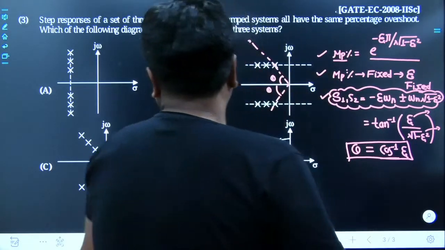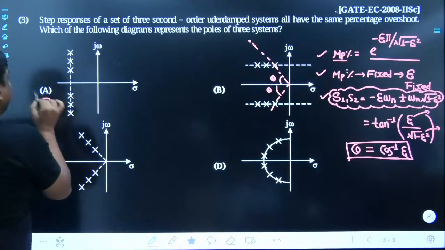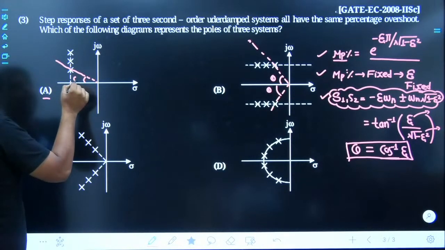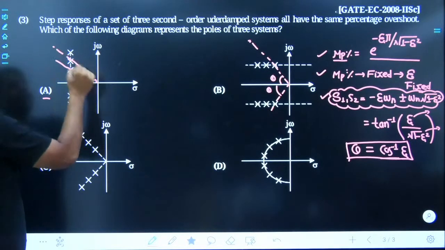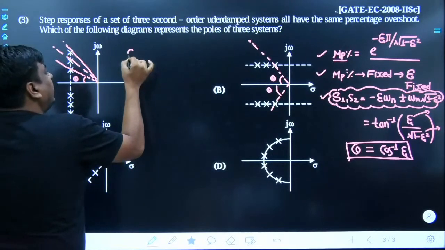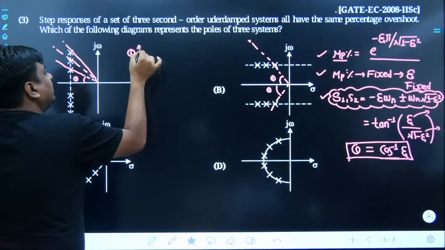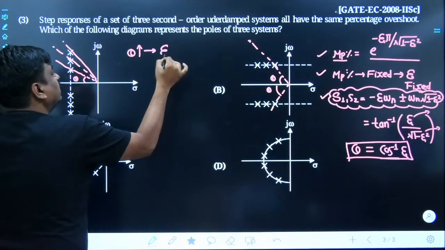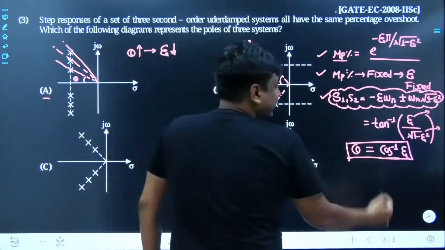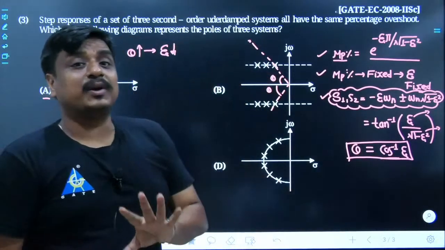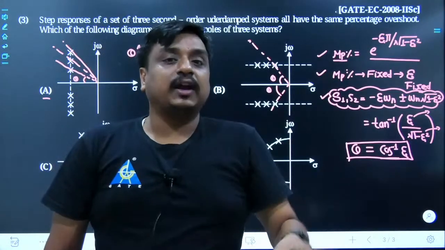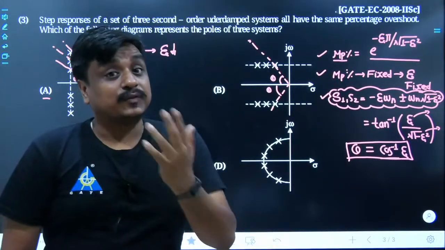So the answer has started coming. In A, you yourself would be able to understand what is happening. Initially the look angle was smaller and it keeps rising. Just try to understand in this way: as the value of theta keeps increasing, one thing is quite sure, the value of zeta must keep decreasing, because the connecting factor is cos, and cos is such a trigonometric ratio whose value continuously decreases when theta goes from 0 to 90. Cos of 0 is 1 and cos of 90 is 0.